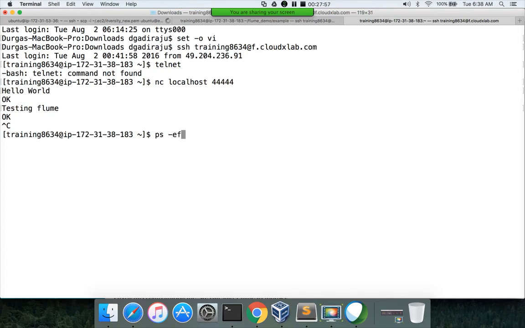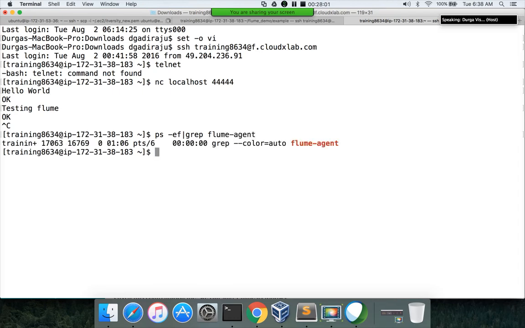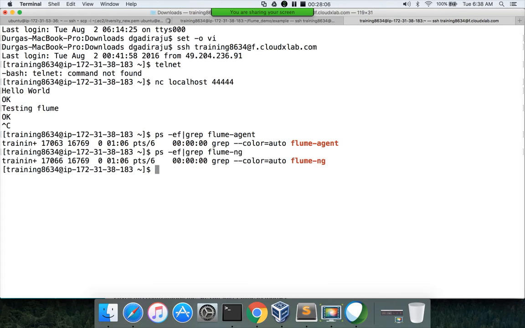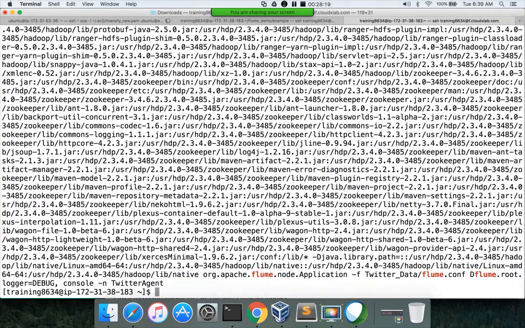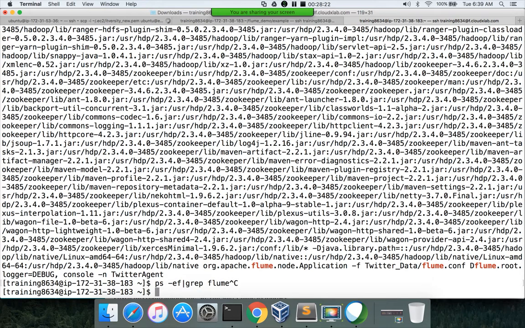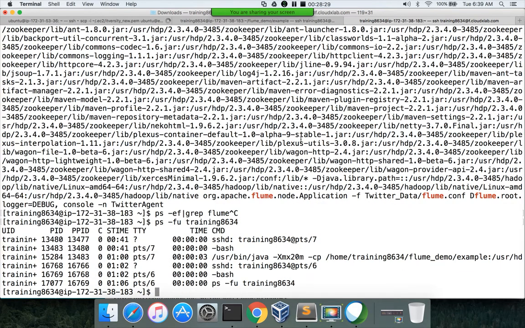You can run Flume agent, or sorry, Flume ng. How come? Let me just get with Flume. Yeah. Okay, so I can say ps -fu, which gets all the processes running by the user, training 8634 in this case.